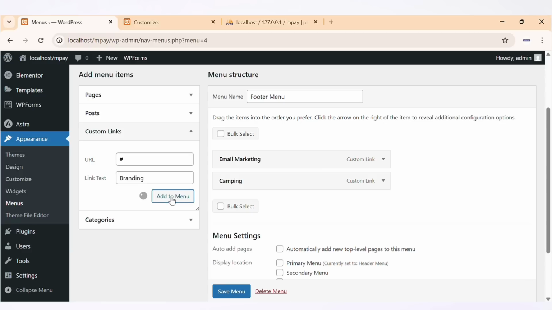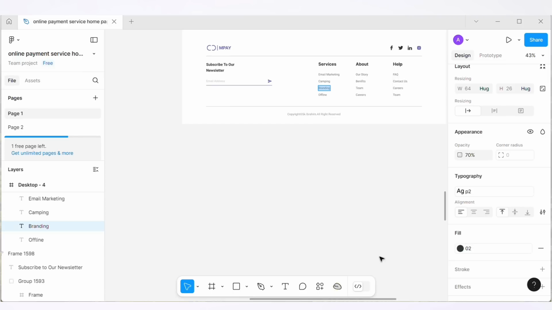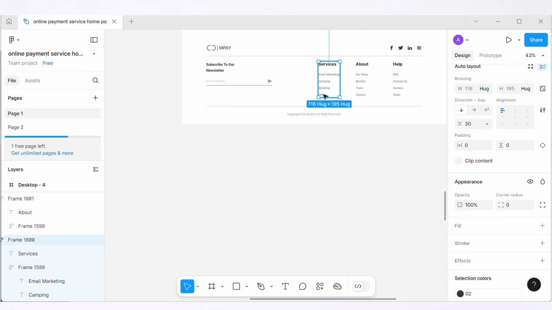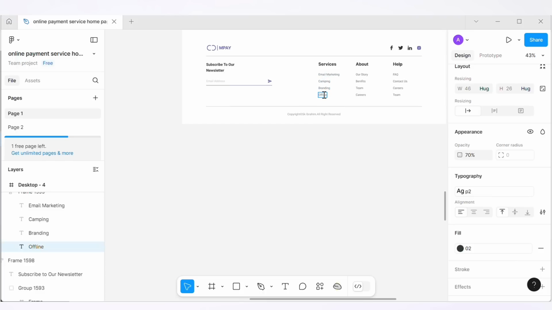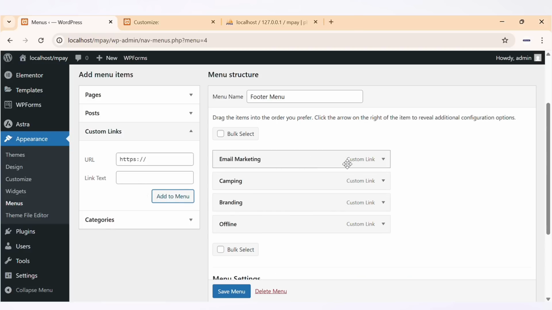And the last one is offline. Just copy that, come here, and here offline, add to menu. So now we have one of our footers, but I'll just be creating only this